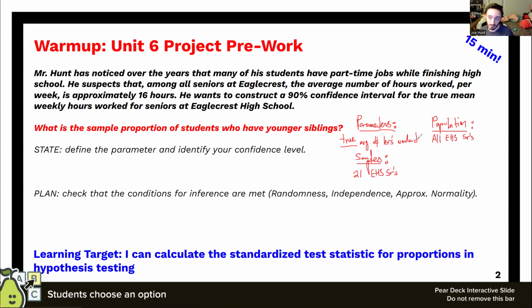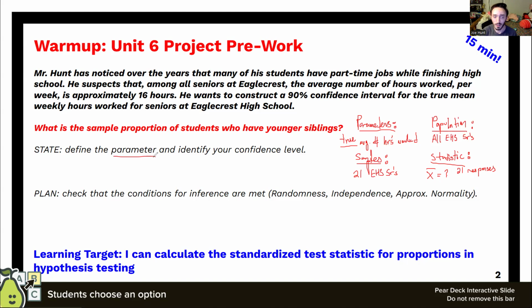I have no idea what the value of that parameter is, but what I'm going to do is generate a statistic on our sample. So if I want to estimate that parameter, I'm going to try and figure out x bar, the average of just our sample. So I'll take the 21 responses to the survey, and I'll average out the number of hours that they worked. I'm going to use that to give me my best available guess at what I think the true parameter might be. Now, I could be wrong, and maybe a different interval could be right, but that's going to be the best available estimate that we have. And we're going to do this at the 90% confidence level.